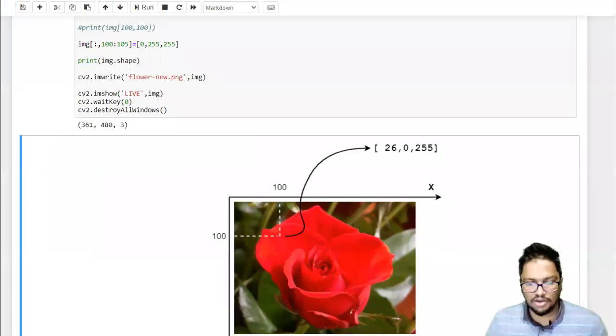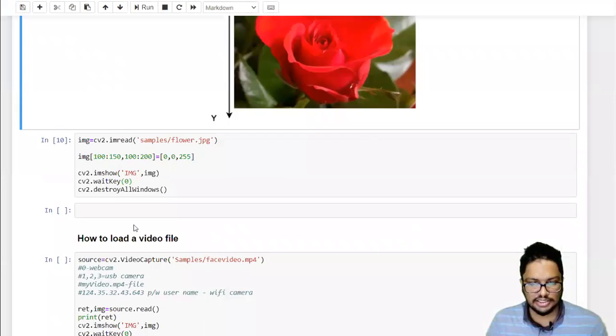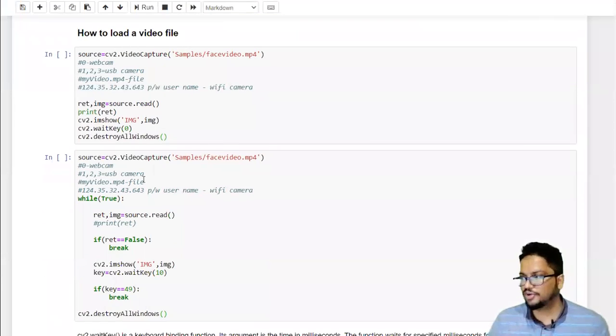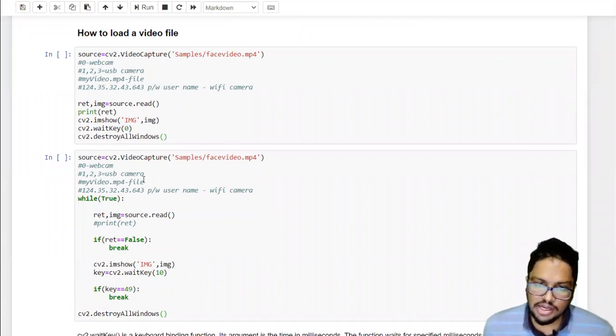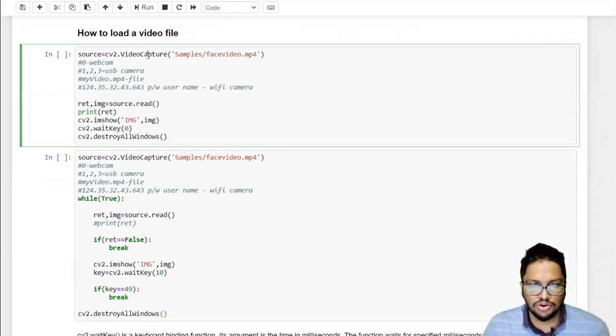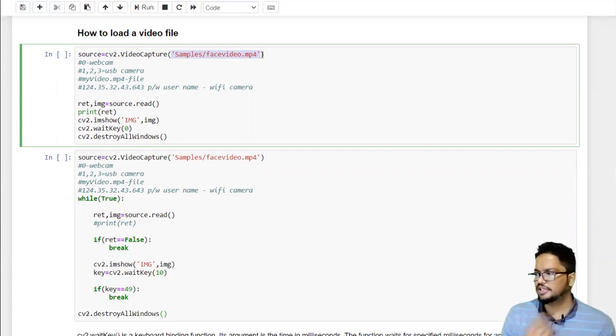Okay, so quickly now we will move on to the next topic: how to load the video file into our Python code. The command that we are going to use to load the video source, not a video file but a video source, into our code is cv2.VideoCapture. And then you have to provide the path. Now we have several options here. The video source can be a webcam, it can be a USB camera, it can be a